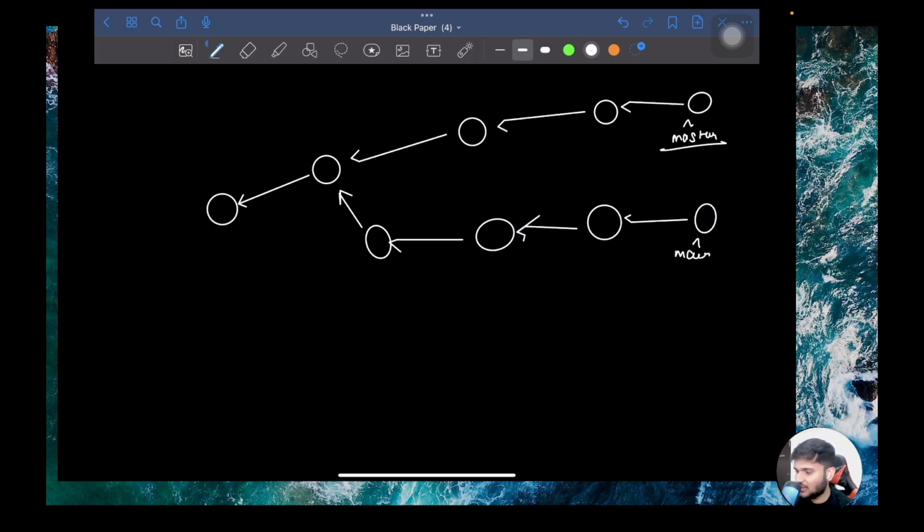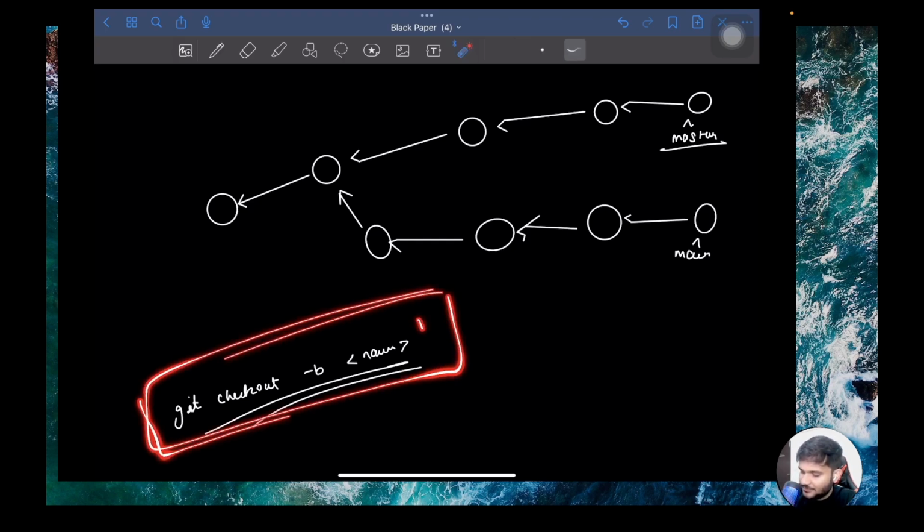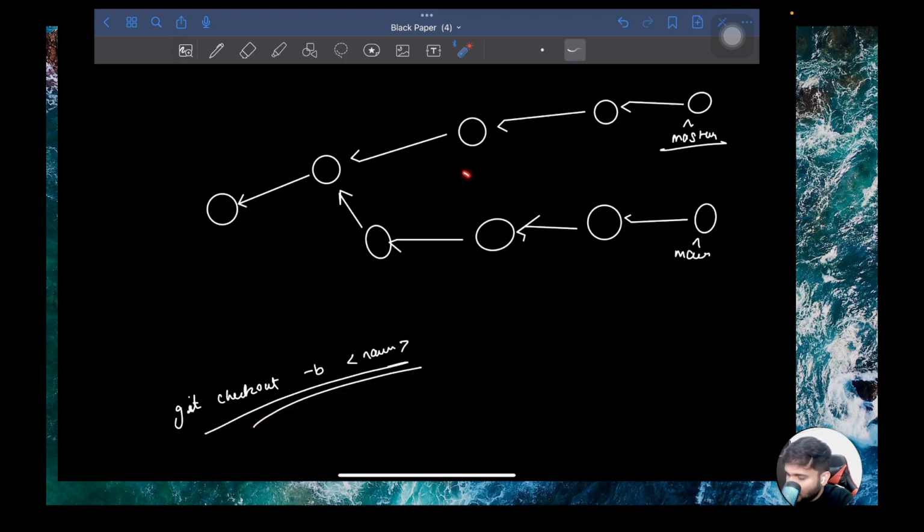So technically, in order to create a branch, a lot of people will tell you this command: git checkout -b and then a branch name. Using this command, you can create a branch. Actually, when you use this command, it does nothing but create a new pointer to the particular commit that you are at, right? It just creates a new pointer on that commit. And then whenever you start making another commit, it just shifts that pointer to the new child commit that you are creating. This is the reason why if you have a commit, you can directly convert that commit into a branch as well. I'll show you how you can do that.